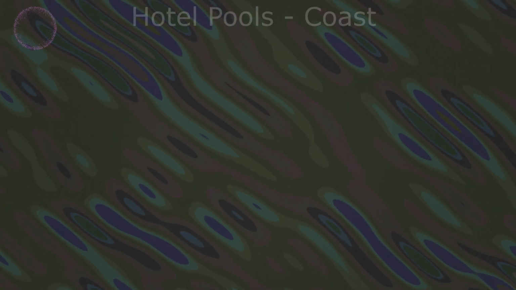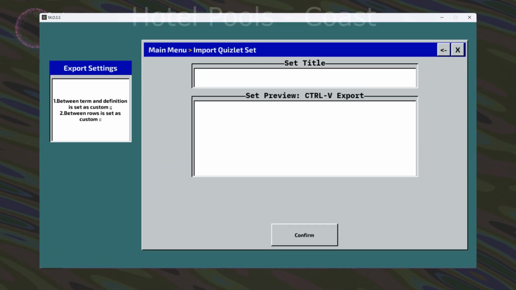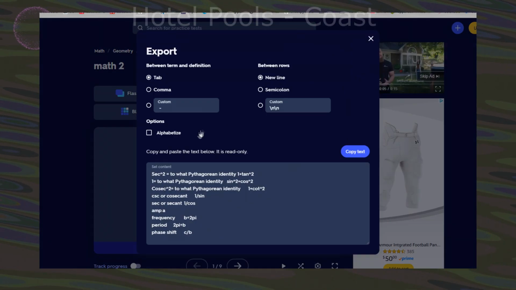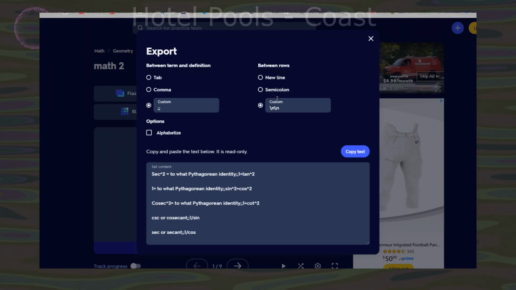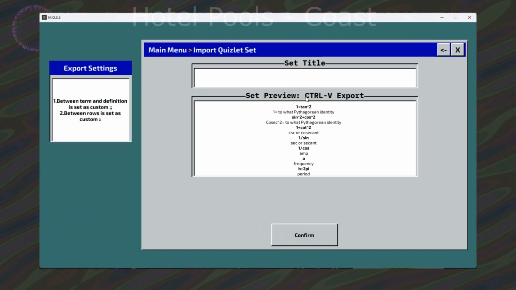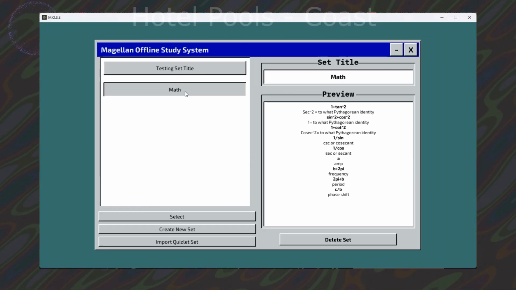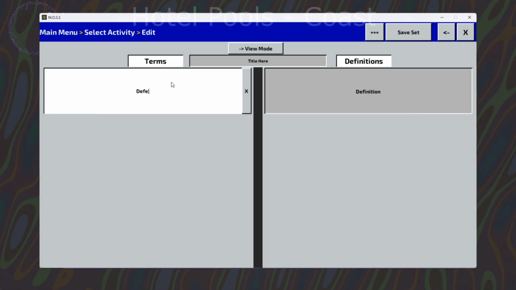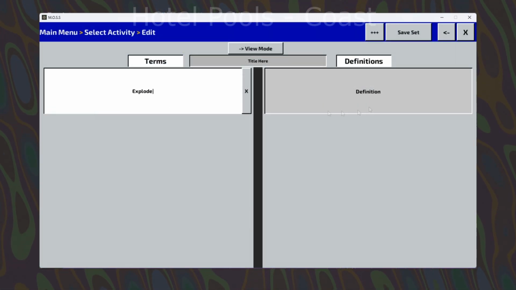The most important feature I wanted to have that would make or break the application is the ability to import any Quizlet set, which would give users the option to continue using any of the 500 million sets that Quizlet users have already made and shared on that site. And it's got all the stuff you'd expect from a flashcard app, including creating and editing your own sets,